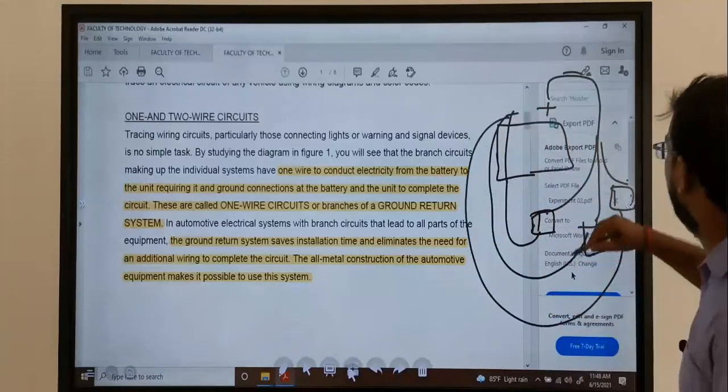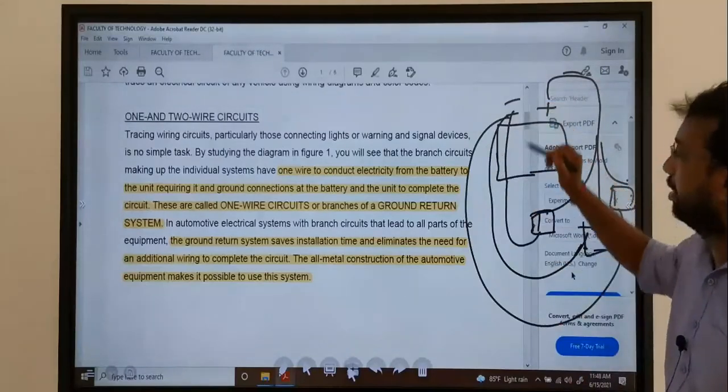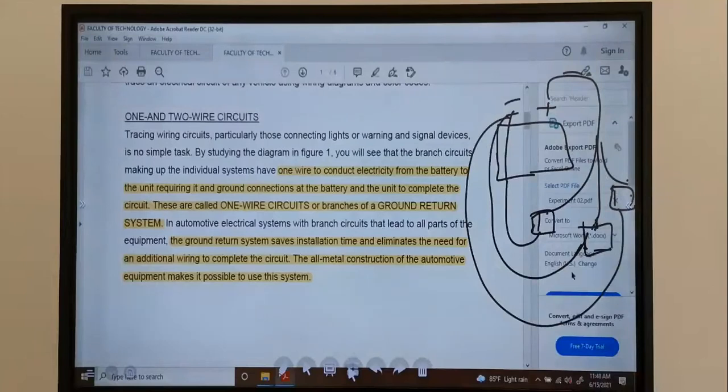So this is two-wire: the plus wire goes there, and again it is connected to the minus instead of the ground connection. This is called a two-wire circuit. So what is the purpose of two-wire?